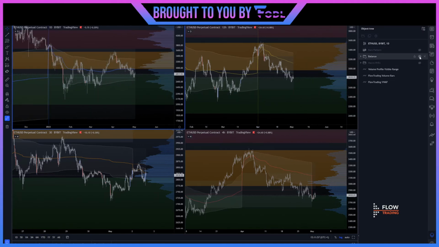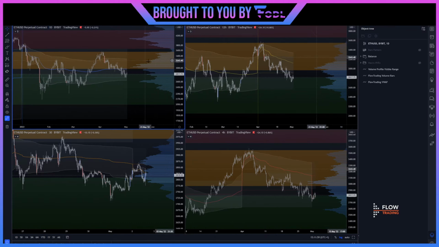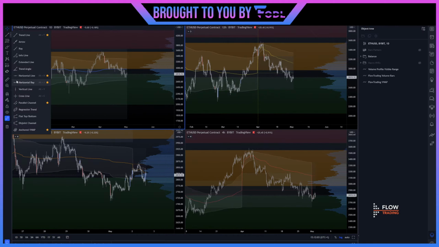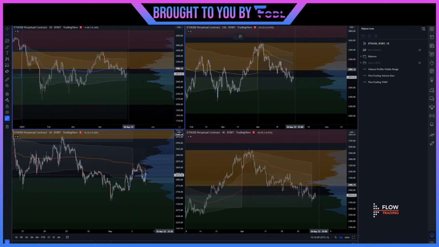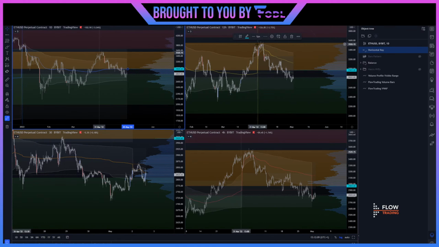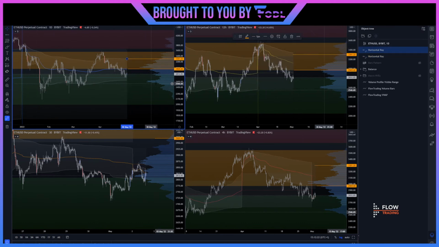So I'm going to take this balance area off. In fact, I'm going to leave it. That's fine. It's just going to be a little bit messy for a little while. But I'm going to do the same as what I did with Bitcoin. I'm going to put a little line there as a normal line. I'm going to put that as orange. I'm going to put this one above here as red,